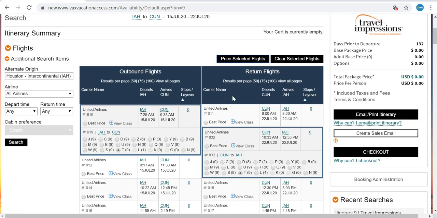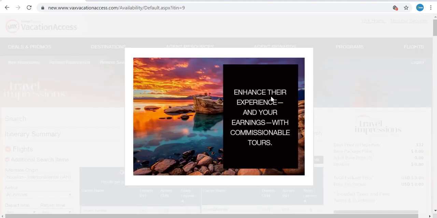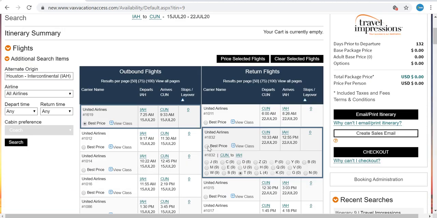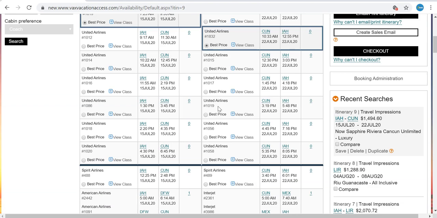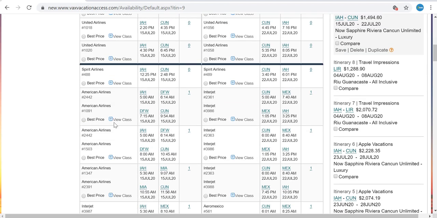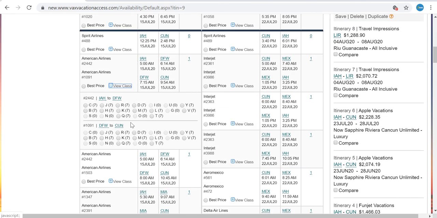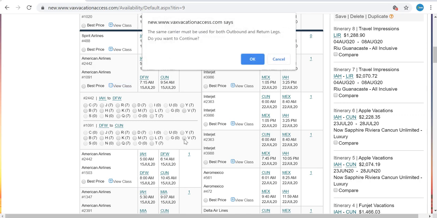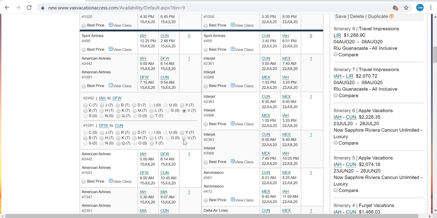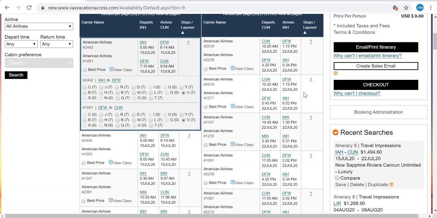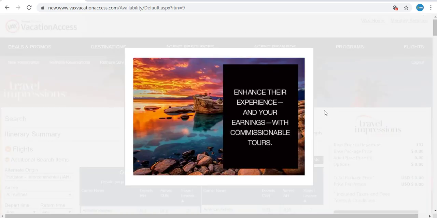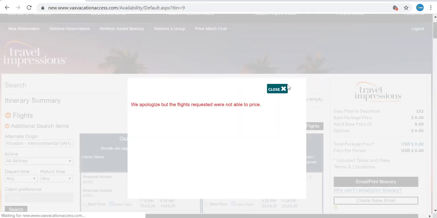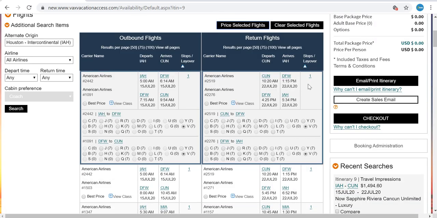All right, not able to price. Let's try something else. I've been having problems with United recently, so let's try American. Not worried about the flight time. So right there where there's a connection, there's two legs on the flight. They said, and this is going to be my example,